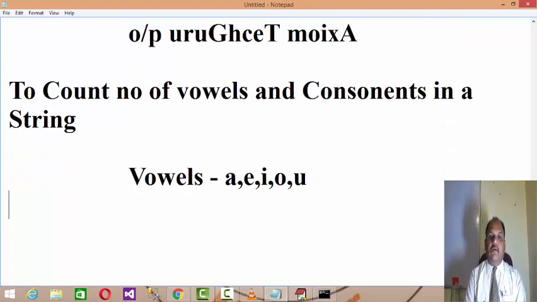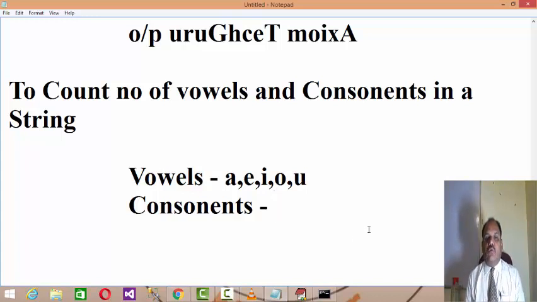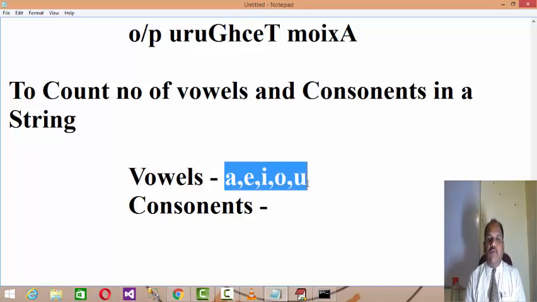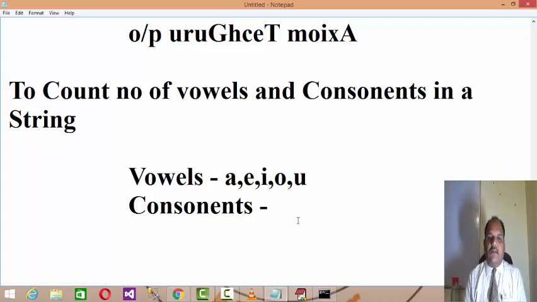And the rest are the consonants, meaning the characters which don't match A, E, I, O, U. As we know, there are a total of 26 alphabets, but from those 26 only A, E, I, O, U, these 5 characters are termed vowels, and the rest are termed consonants.